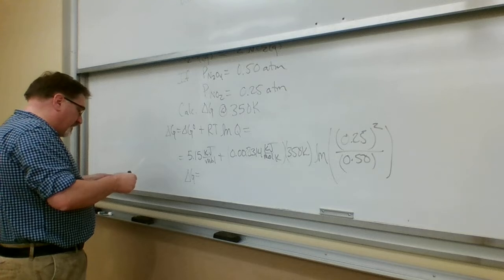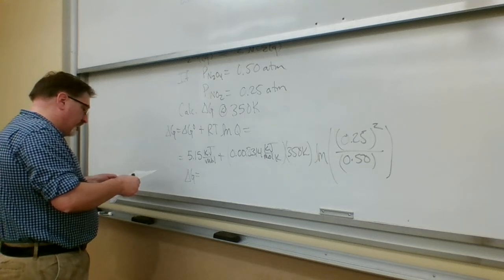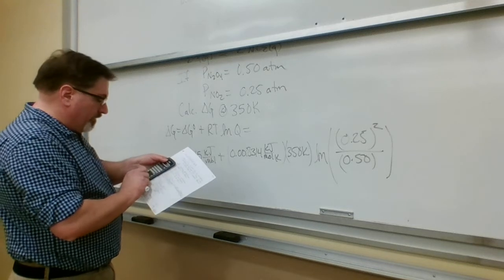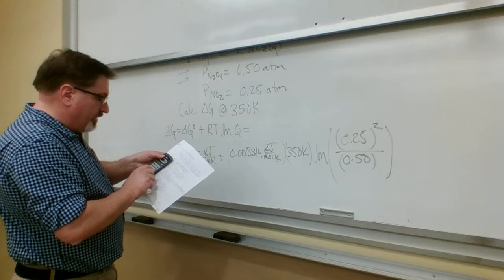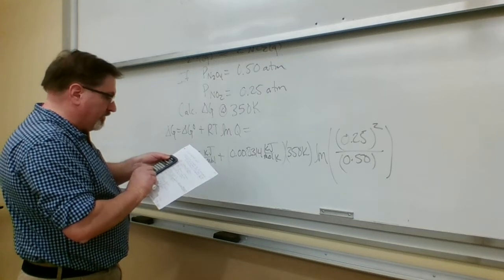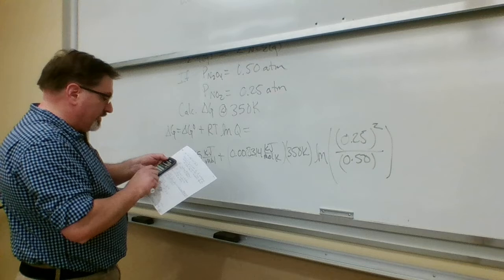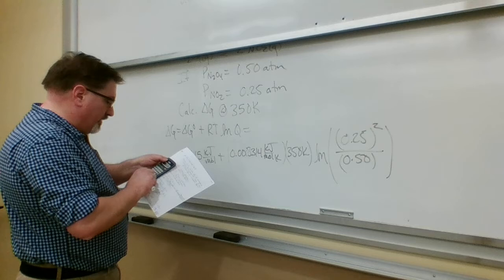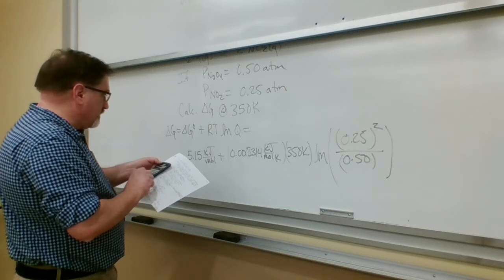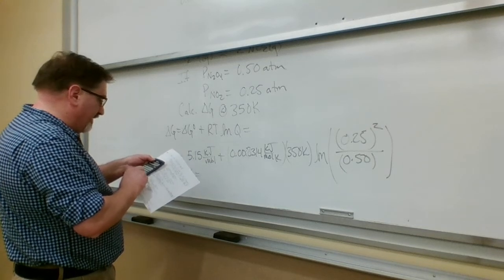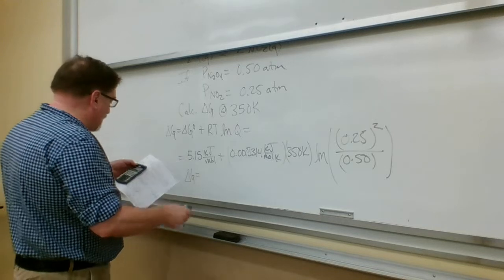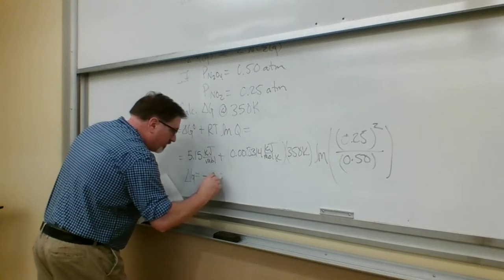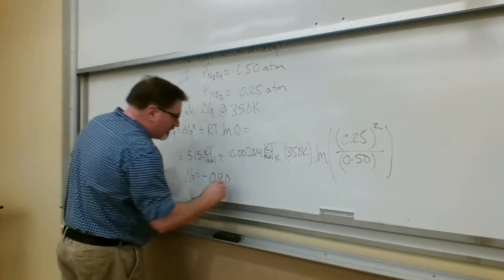So I get a value of, let me try that again. 0.25 squared divided by 0.5 equals, natural log of that, times 350, times 0.008314, equals, plus 5.15. That looks better. 0.90 negative. So minus 0.90